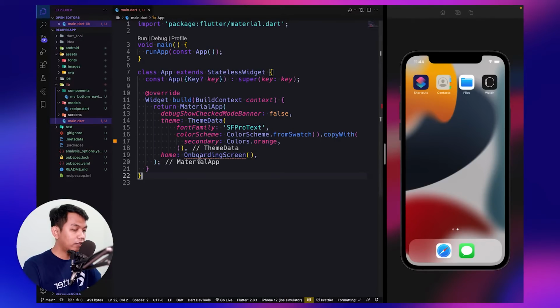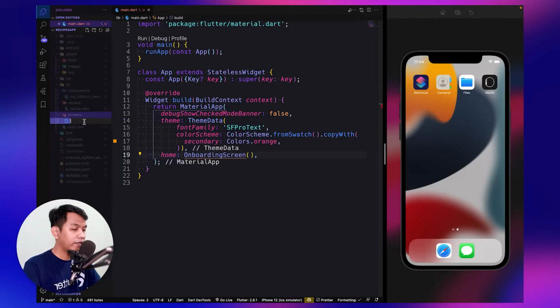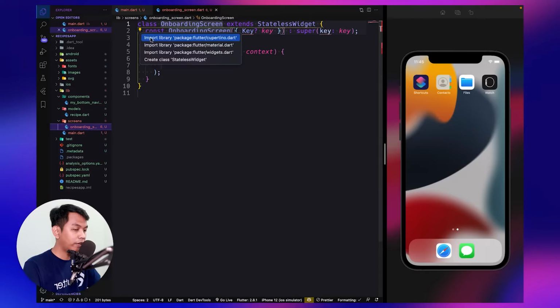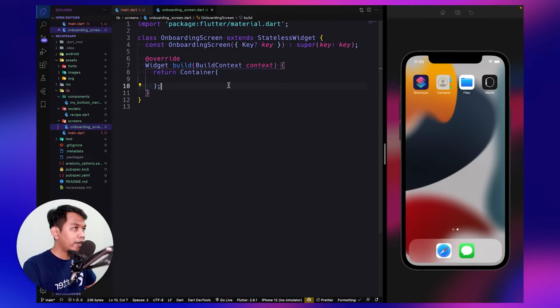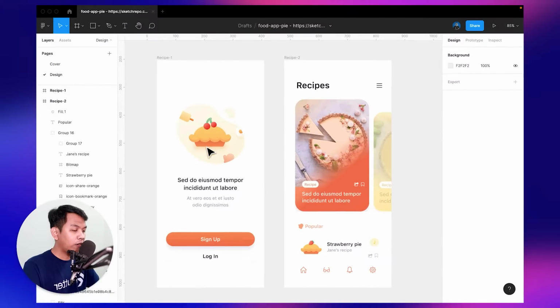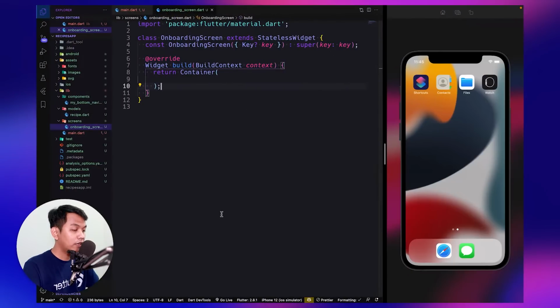Alright, so this onboarding screen doesn't exist. So let's go to the screen folder and create a new file, name it onboarding screen, make it a stateless widget, name it OnboardingScreen, and import material. Alright, and as we can see, in our onboarding screen we have an image, text, and two buttons.